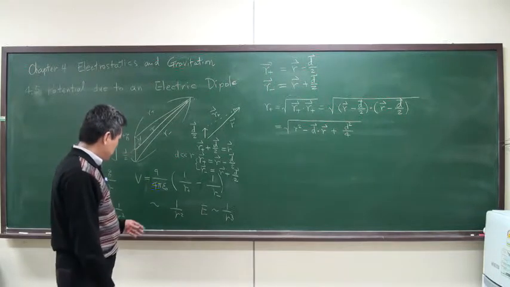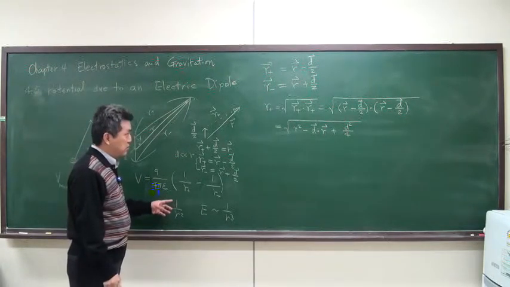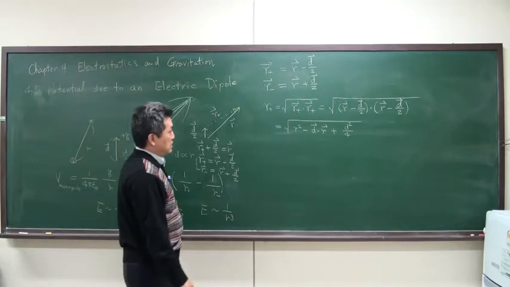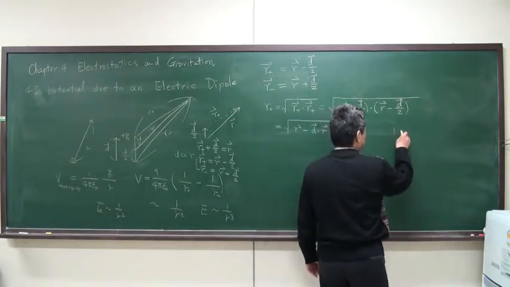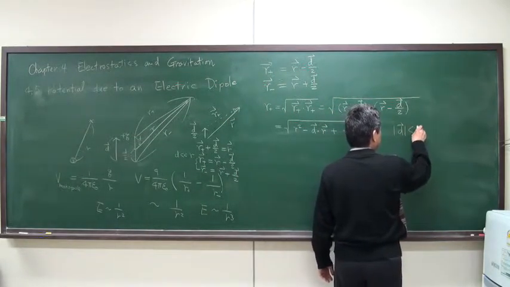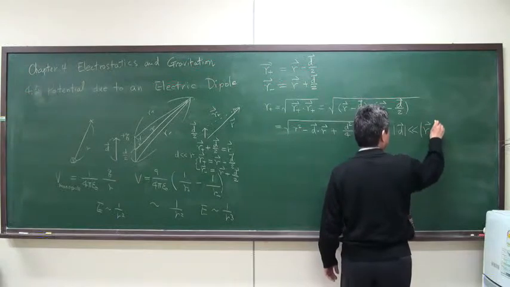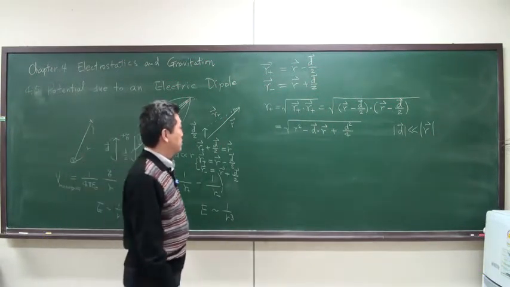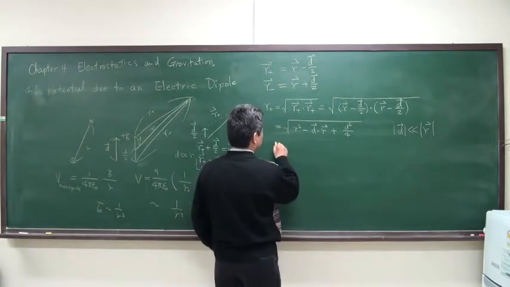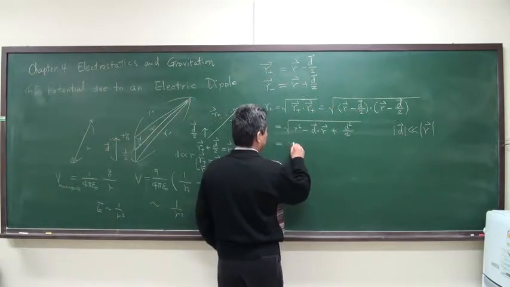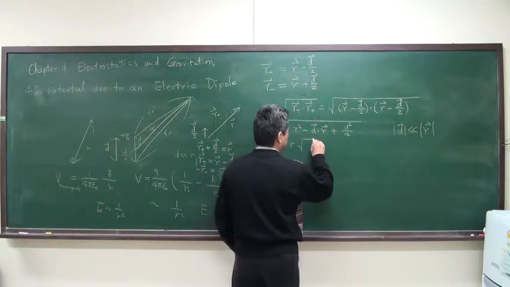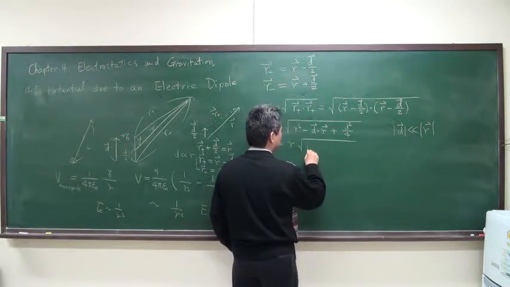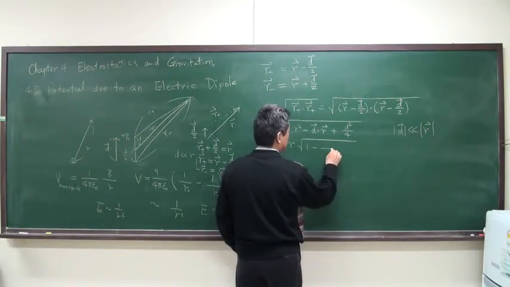I'd like to know the dependence of d when the magnitude of d vector is much smaller than r vector. Then we can make an expansion. So I can pull this one r out, and this is 1 minus